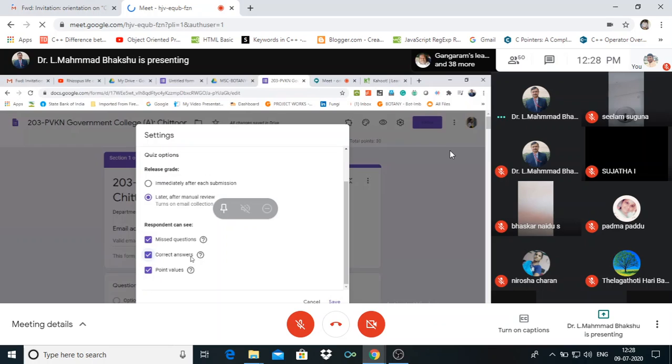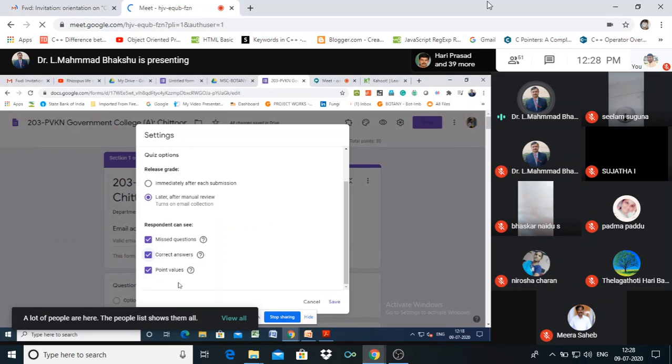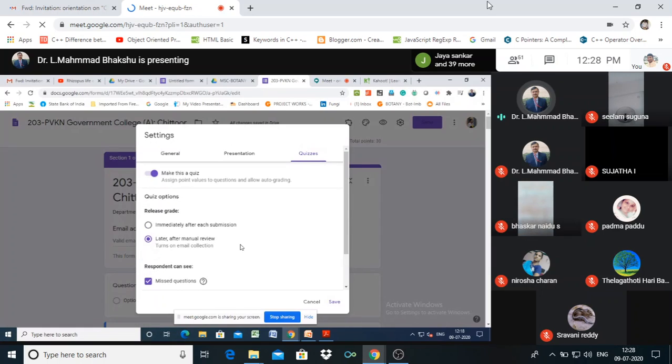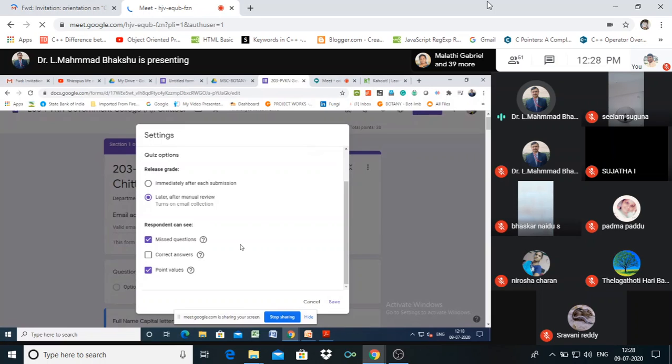Immediately after submission, the student can get the correct answers, so they can share them with the other students. To avoid this type of cross talking, after the stipulated time we can hide the correct answer choice, so that after the examination is over, we can review the right answers on another day, and like that we can analyze the students and suggest to them in the right way.